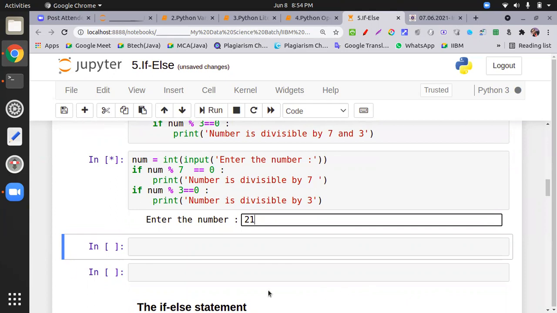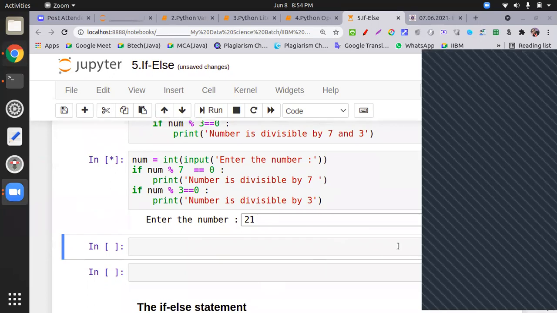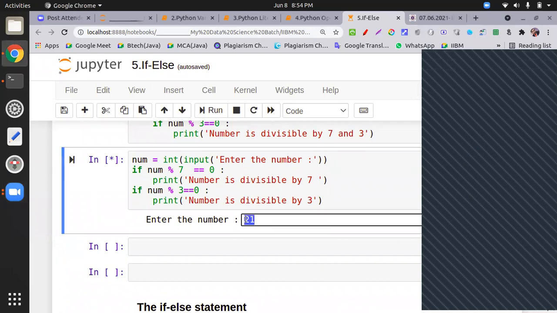Akhila: Sir, the number is divisible by 7. Yes. Mr. Biju Thomas, what is the expected output? Yeah, I'm here. So what output do we get if we put 21 as an input?